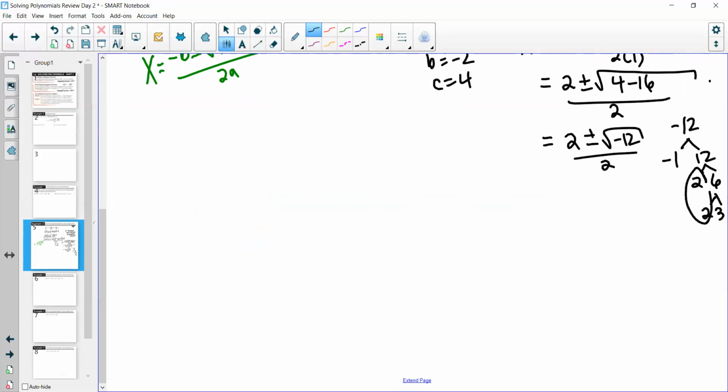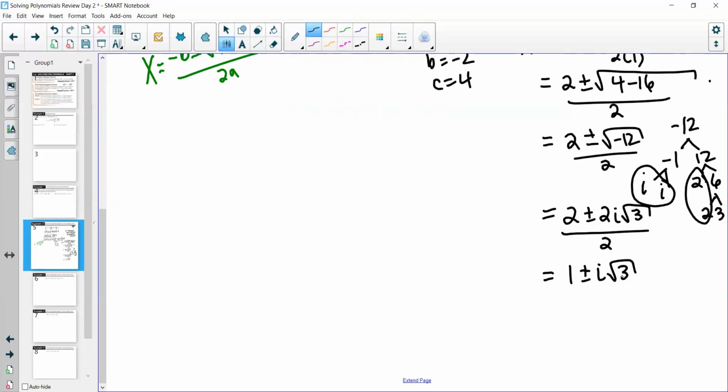So I know I can factor out a 2. Now, negative 1 actually breaks down. By definition, i squared, or i, the imaginary number, times an imaginary number, is negative 1. That's the definition of an imaginary number, the square root of negative 1. Therefore, we can break down this negative 1 into an i. So as we simplify this, we end up getting 2 plus or minus 2i root 3, over 2. Now with this 2, we can divide and simplify these, and we end up getting 1 plus or minus